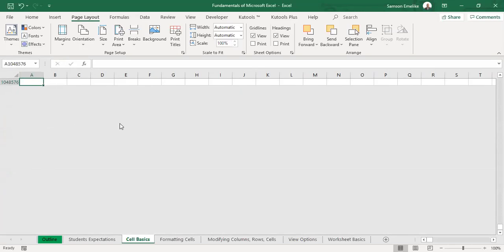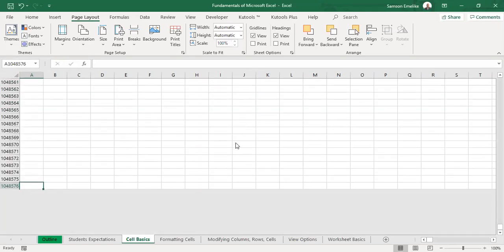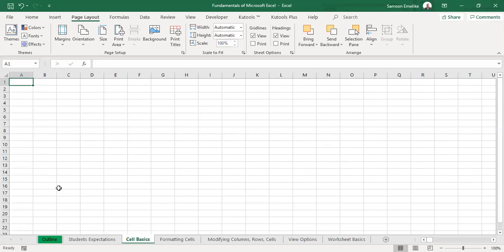You see, I'm trying to click here. I can't because it doesn't have the cells. So you see that this is 10 million. Is it 10 million? Or is it 1 million? 104. Okay, I think this is 1,048,000. Okay, yes, 1,048,576 rows. So I'm going back upward again, control, upward arrow. Now, we don't really need to do the other one we did here because we know how many